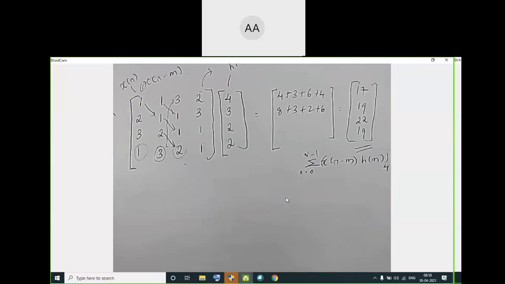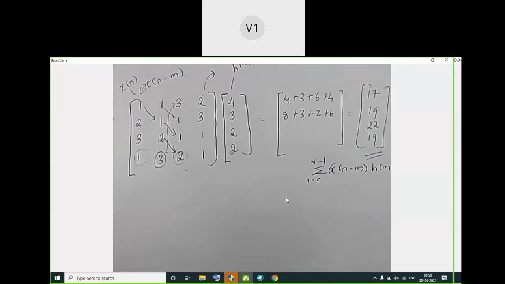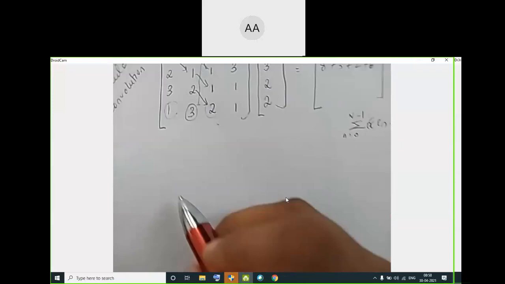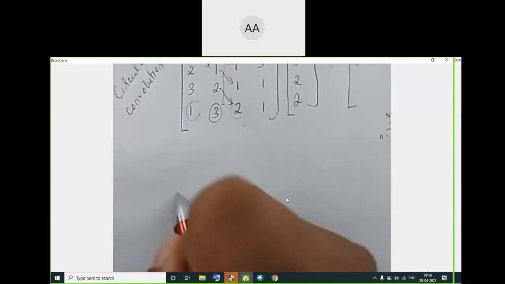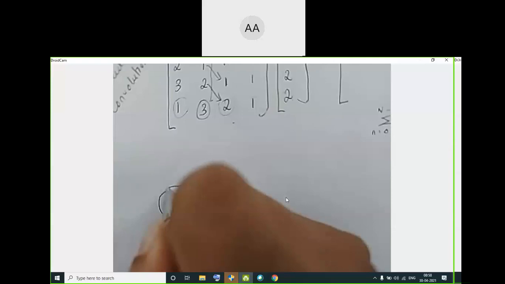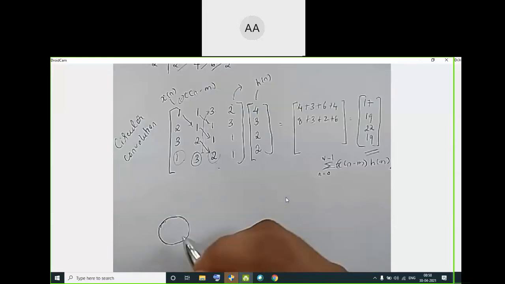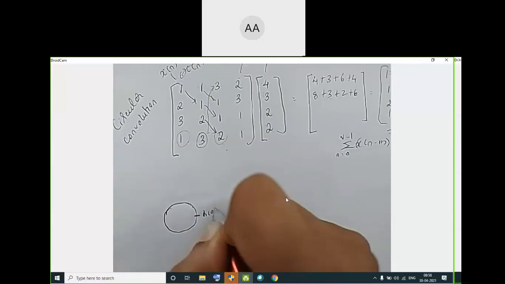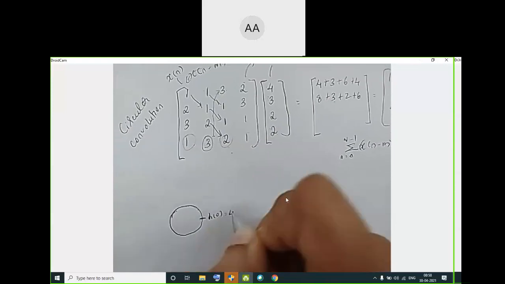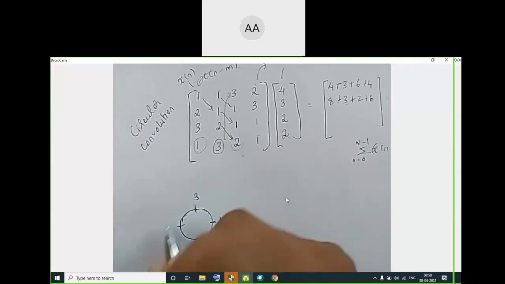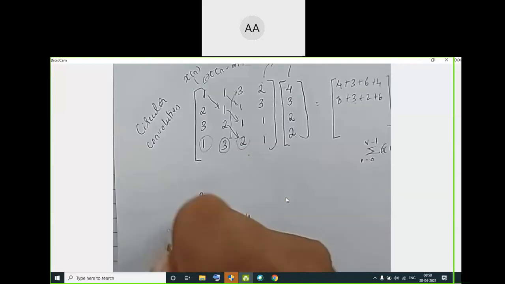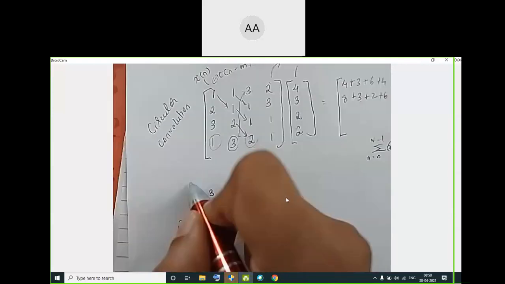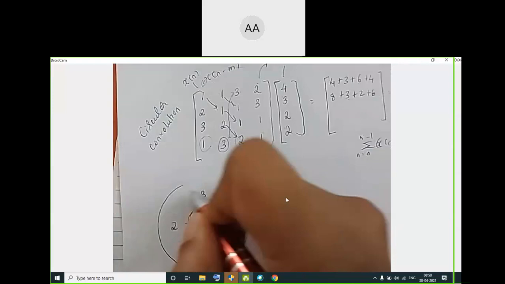In textbooks, there is one standard method that certain textbooks use. I will show you that also. Maybe some people will be comfortable with that. So what I'll do is I'll write h of n inside. See, this is h of 0, for example. That is 4, 3. I am writing anti-clockwise: 4, 3, 2, 2. In the first circle, I'll write this. So I will draw an outer circle where I will write